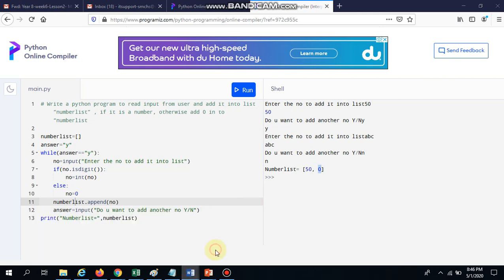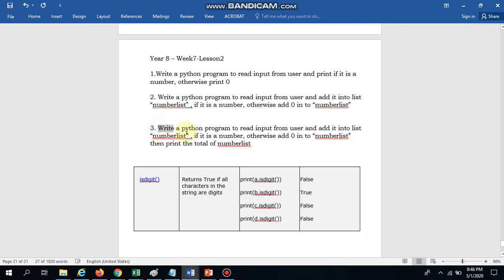Then we go for the third task. Write a Python program to read input from user and add it into an empty list, number list, if it is a number. Otherwise add 0 into number list. Then print the total of the number list. This is the extra. The same program as the second one, but extra we have to print the number list